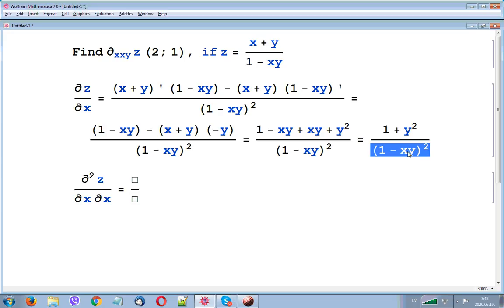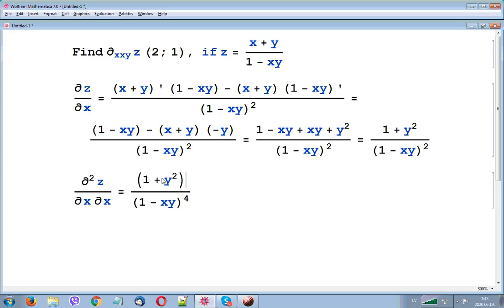So here you will have this to the power of 4, because you have to square it. And here you will have this derivative by x multiplied by the function here,